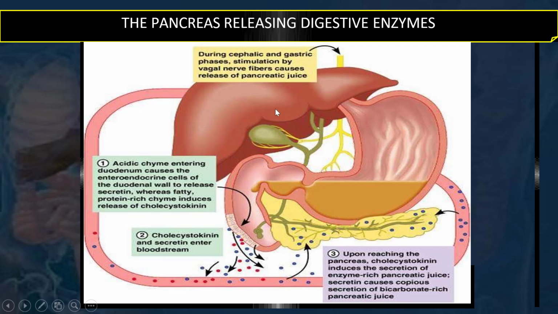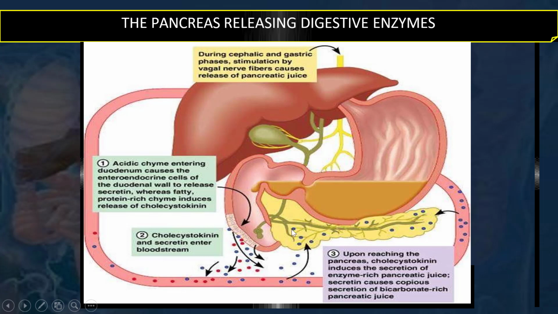Just have a look. This is the liver, and this is the stomach, and this is the gallbladder, and this is the bile duct, and this is the pancreas. And you can see when the food enters, this is the cardioesophageal junction, and this is the pyloric sphincter at this level. Whenever food comes, it gets churned, and after that it's ready to move. Then the pyloric sphincter relaxes and it enters the duodenum, and at the duodenum further digestion takes place. We can see the bile secreted and concentrated by the gallbladder reaches by the common bile duct.